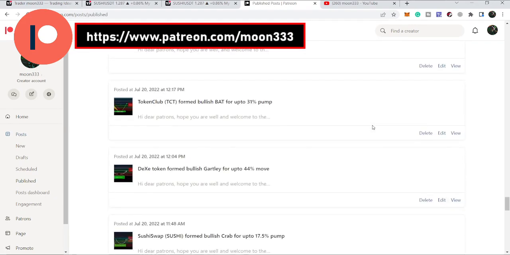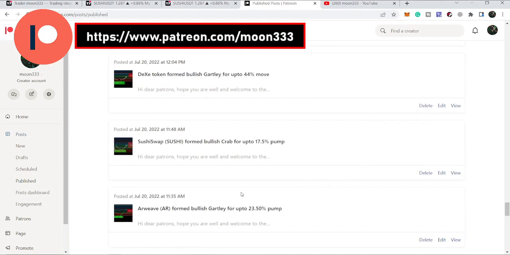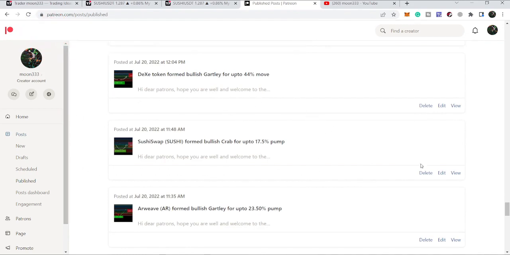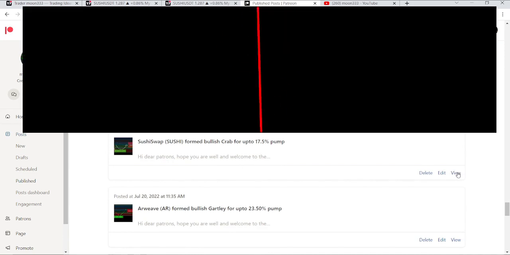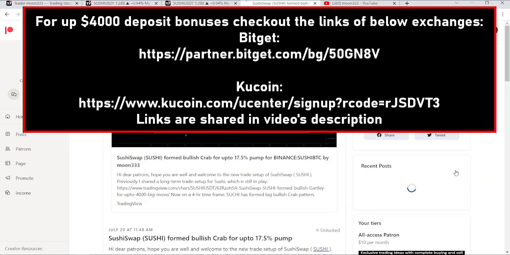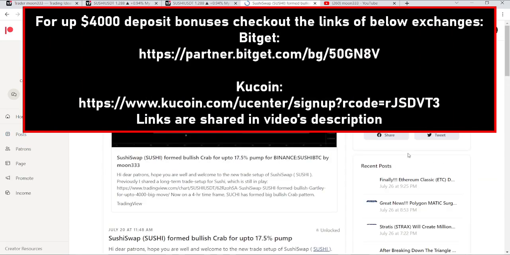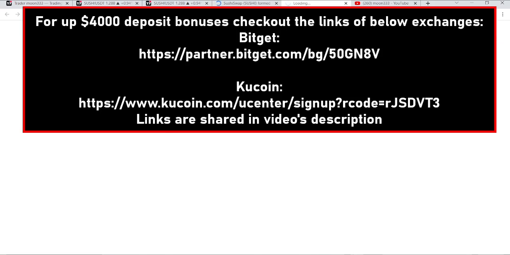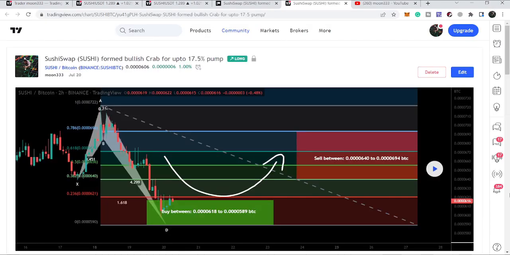So let's start the analysis, and first of all, let me begin with this recent trade setup that I shared with my members at the Patreon on 20th of July. That was a harmonic bullish reversal crab move that SushiSwap formed on the 4-hour time frame chart. By the way, this pattern was formed with the Bitcoin pair, and you can see at that time it was moving in the buying zone, and the buying zone of this pattern